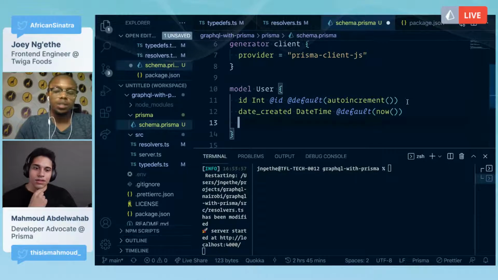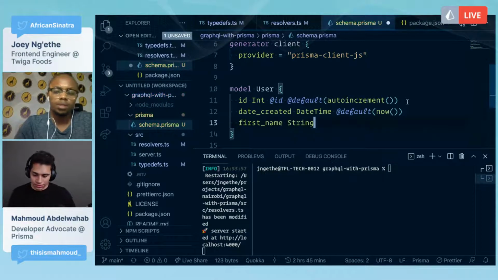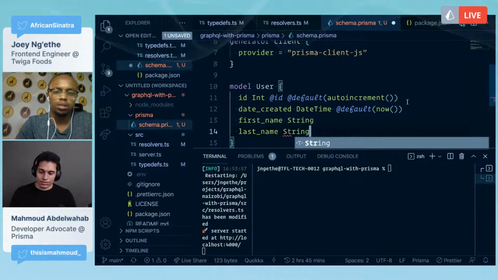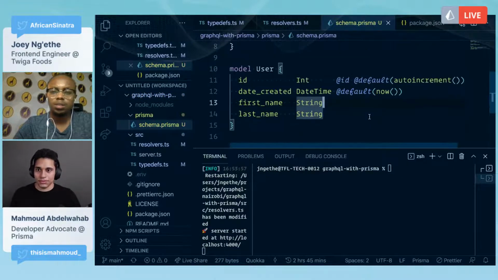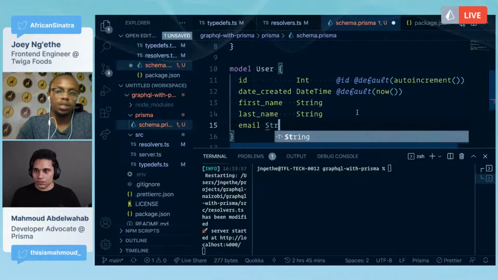So here we're just defining our fields. Then the plugin does some auto formatting for you. This is a string.